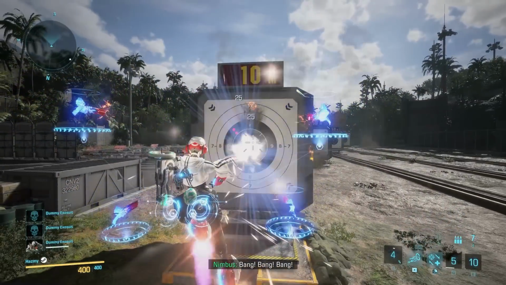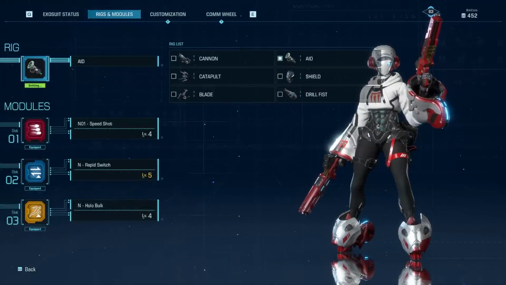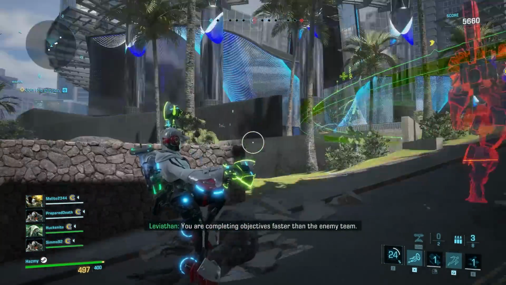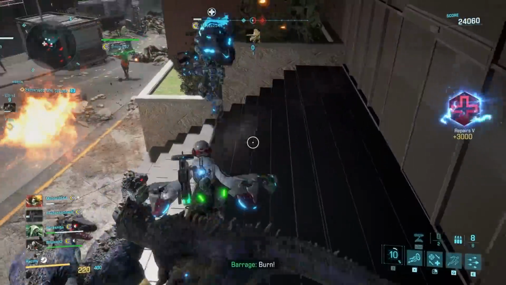For this video, just like before, we won't go through the very basics, but the most important characteristics you should know about Nimbus, their Exosuit specific modules, what they do, and of course, a build I like to use and recommend to others as well. Ready? Let's go! Nimbus is a special support character, as while all support exosuits can deal both damage or heal